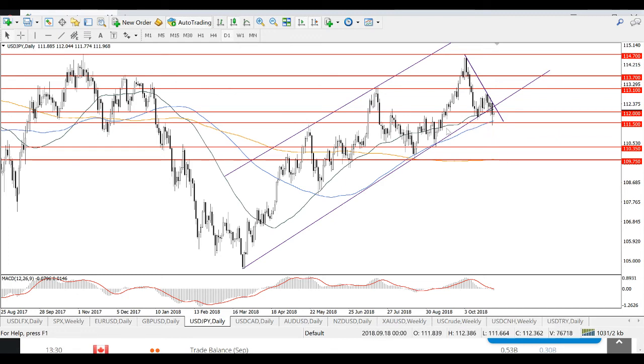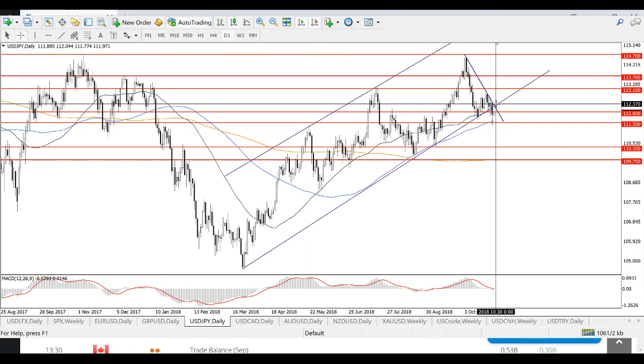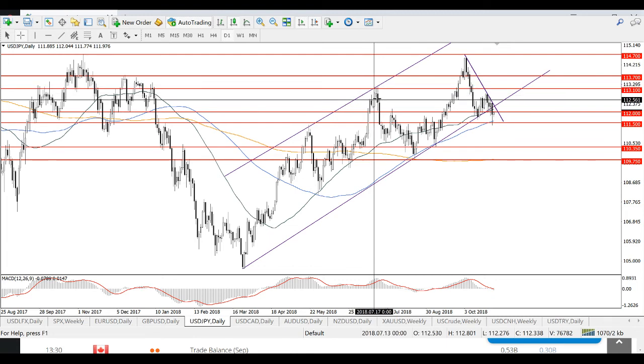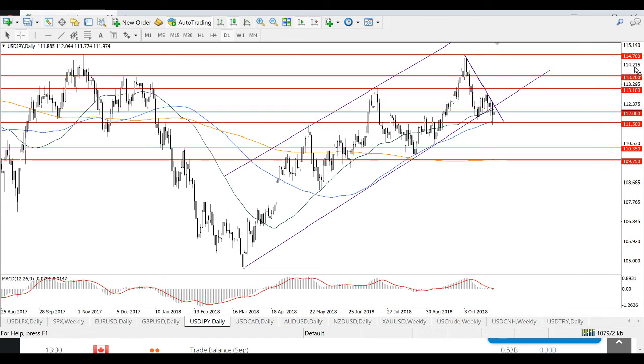So a break of the lower border of the triangle around 111.50 will make us target much lower levels, 110.35 and 109.75, which is 200-day moving average, while less likely scenario, return above these levels here, above 112.40, will lead to a recovery to 113, where we'll have another serious resistance, the high of July, and well, some other levels on the upside are mentioned here. So to return to high levels versus the yen, we need some really strong and impressive economic data